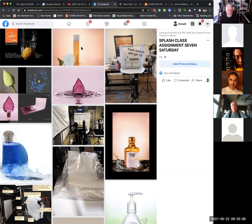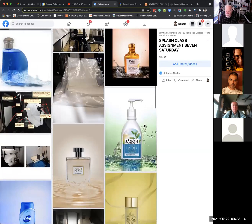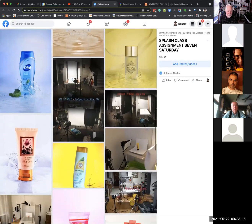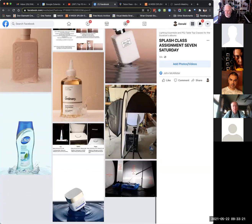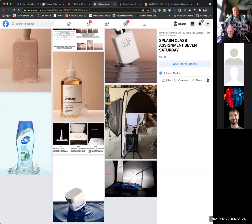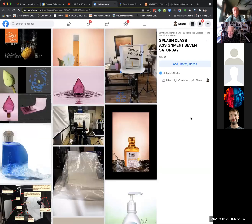All right, let's see. It's really, really interesting how we started with big splashes, and now we end up with very subtle splashes, and how many of these shots are just really lovely, nicely done, and a lot of finesse goes into this work. It's very cool. Very excited about it. I'm excited about the upcoming portrait class too. Putting that together has been a blast. It's going to be a cool class,